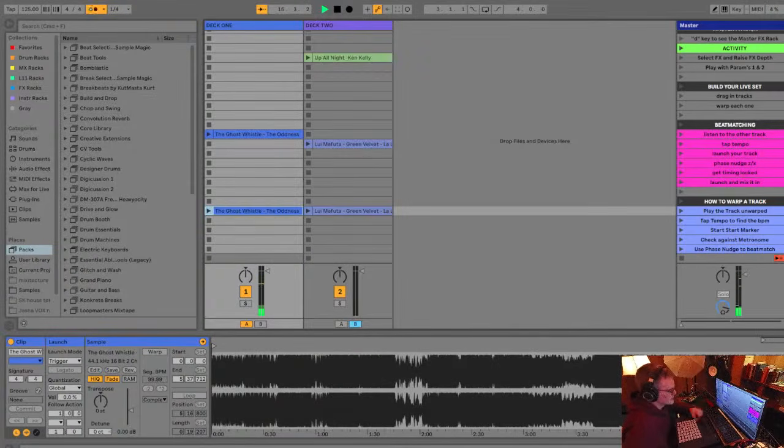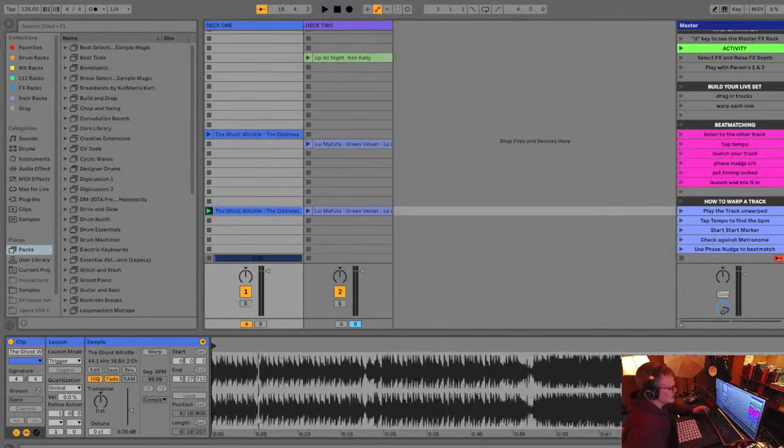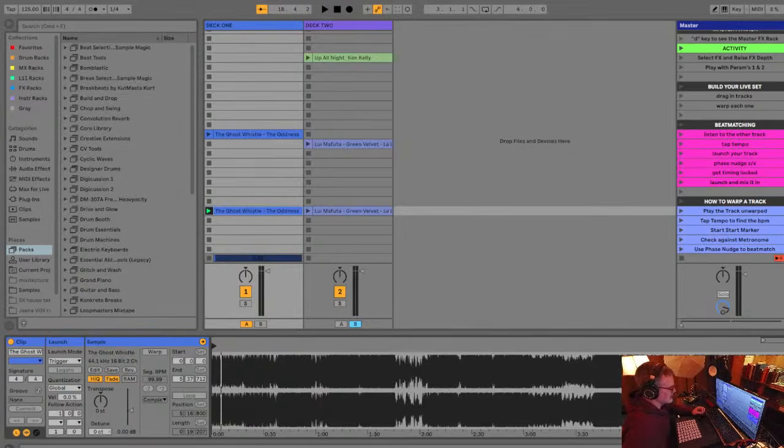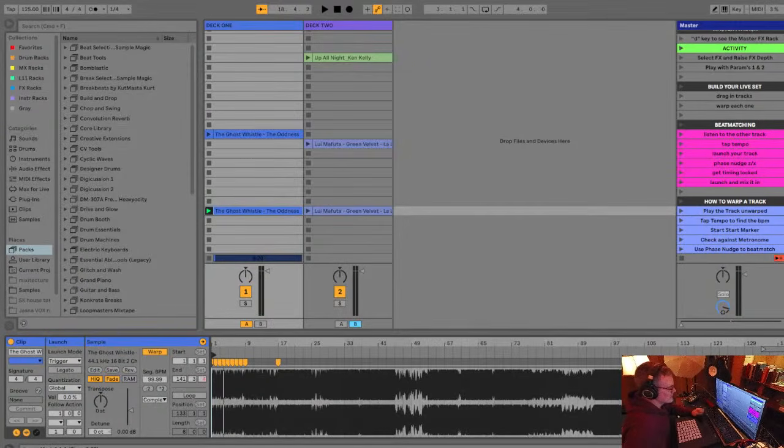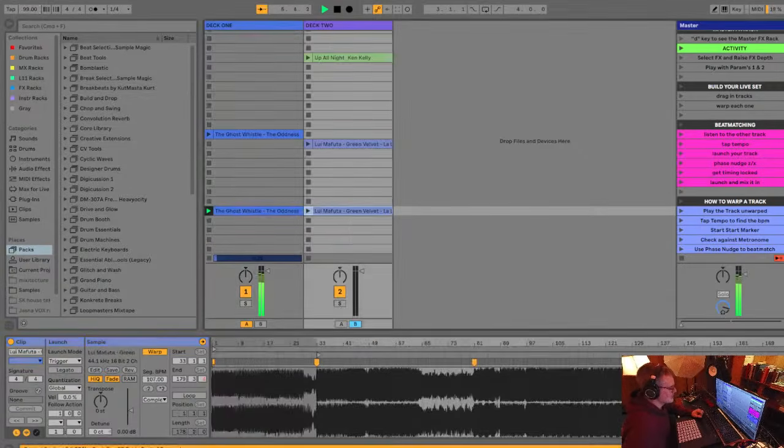What is going on? It's a train wreck. It's not matched at all because the Ableton metronome is clicking away. Ableton has no idea what speed this ghost whistle track is happening because it's not warped. So warping is all about telling Ableton what speed the track is supposed to play, and then you set your Ableton metronome to play that audio at the right speed. So that if you have another track,